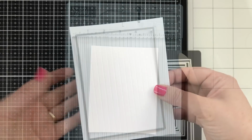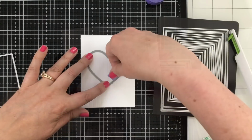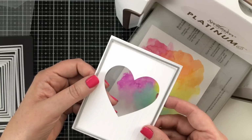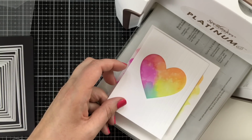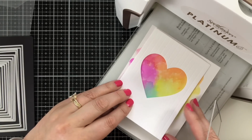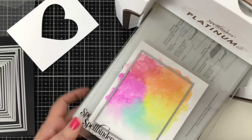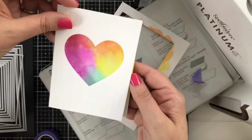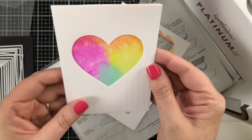I'm going to cut a panel from this scored panel, and then I'm going to cut my heart window out of the same panel. Next, I'm going to take a smaller die, one that is smaller than the heart window panel, to cut out my watercolor piece because I want it to nest and fit perfectly behind. So just lining that up on my Spellbinders machine, and now you can see that will fit perfectly behind the